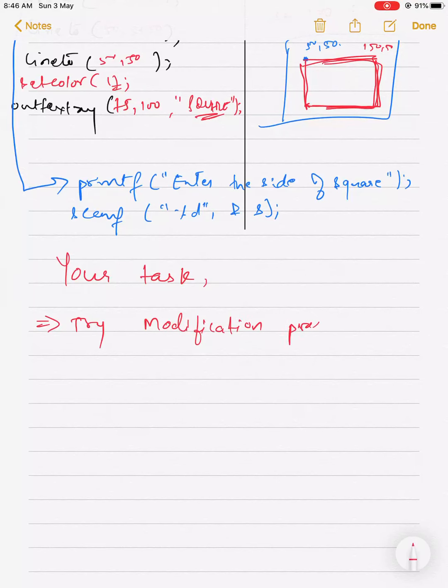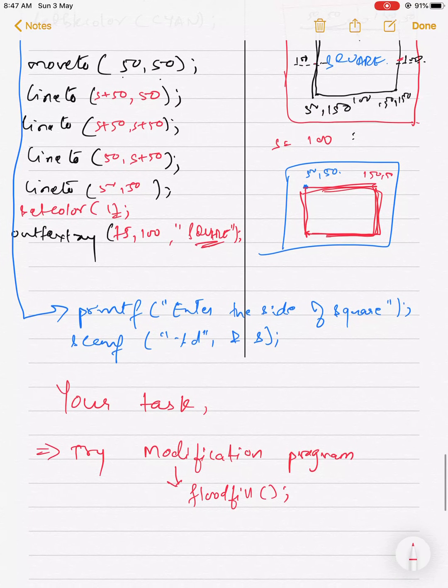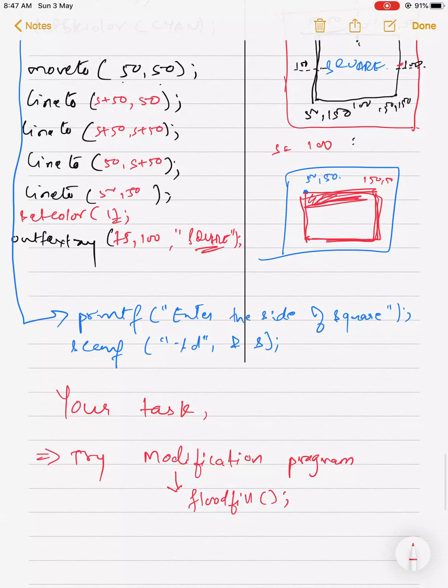Okay, why I'm writing this? Because in modification program there is a function named flood fill used. Okay, this flood fill function will completely fill a particular shape with a color you want.